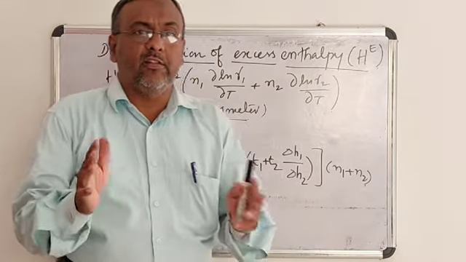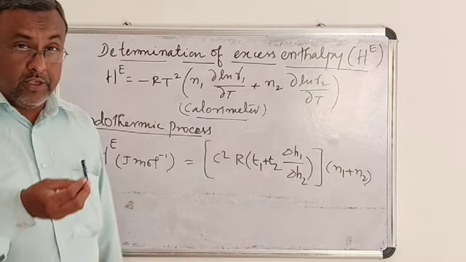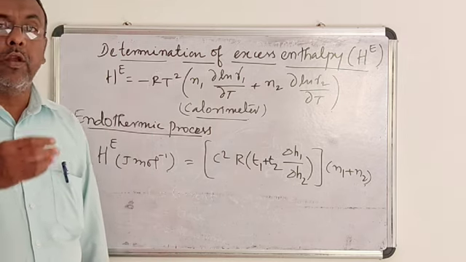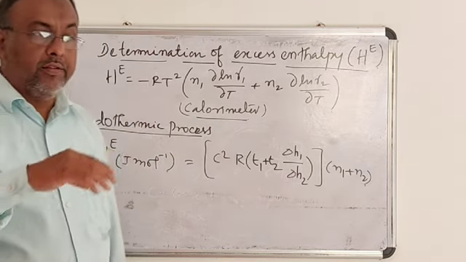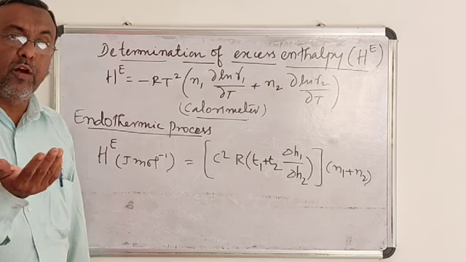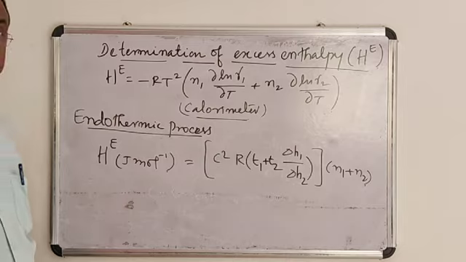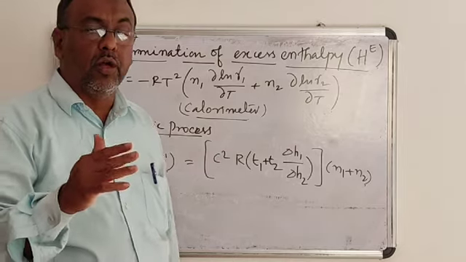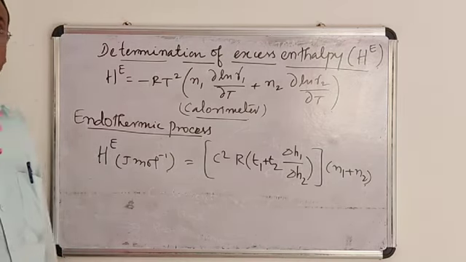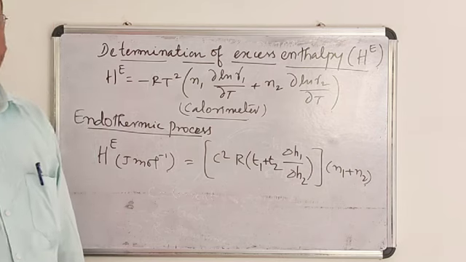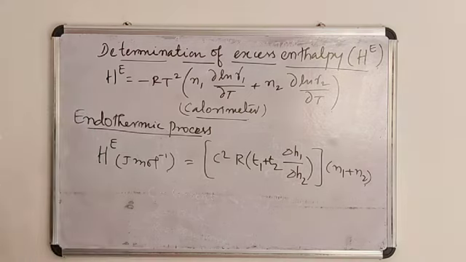So the excess enthalpy is calculated by using a device called a calorimeter, in which the heat is sensed by copper constantan thermopiles connected to the galvanometer. The heat change corresponds to the changes in the equilibrium position of the galvanometer. By using this, we measure the value of delta H1 and delta H2. Knowing these two values, we can easily find out the excess enthalpy for both positive and negative deviations. The next topic we will study in the next class.